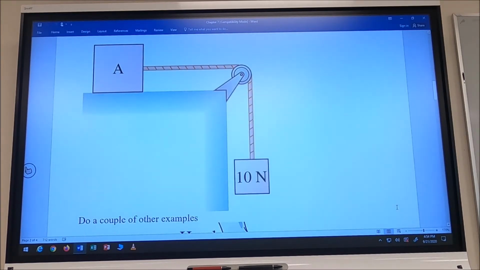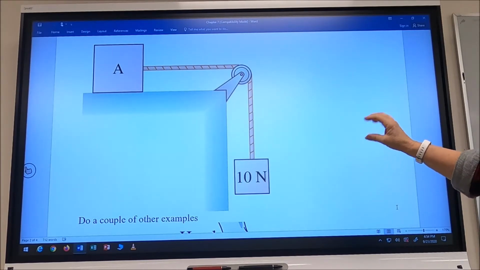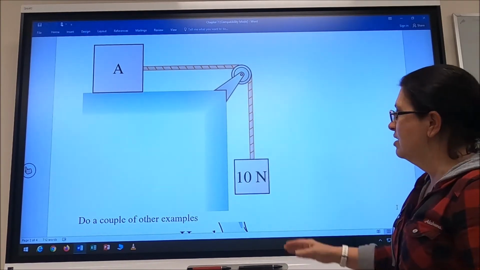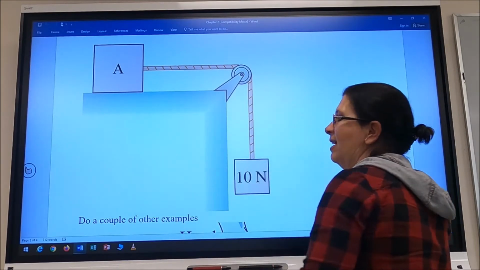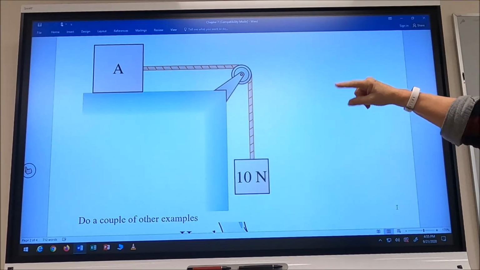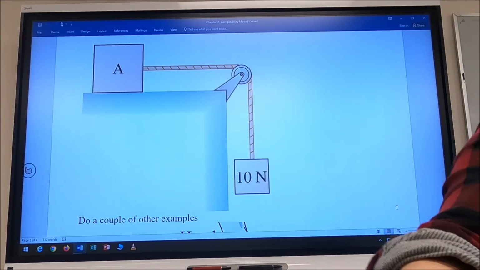Now, here's our first picture. A block A and a 10 Newton block. They're connected by a rope. So I would consider block A and the 10 Newton block to be in my system. The pulley is not going to be part of my system. This table that block A is sitting on is not part of my system. But the table interacts with block A, and the pulley interacts with the rope that connects block A and the 10 Newton block. So if we started to think about forces here,